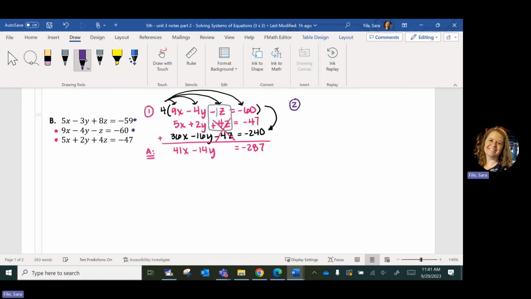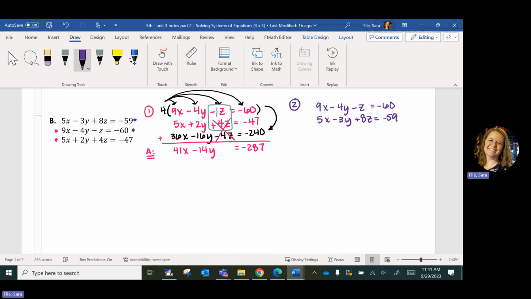Does anybody have a preference on using the middle or the bottom equation with the top one? No? Okay, then I'll just use those two. So I've got 9x minus 4y plus, or excuse me, minus z equals -60. I'm using that same equation that I used over here, but now I have to use the one I haven't used yet, which is 5x minus 3y plus 8z